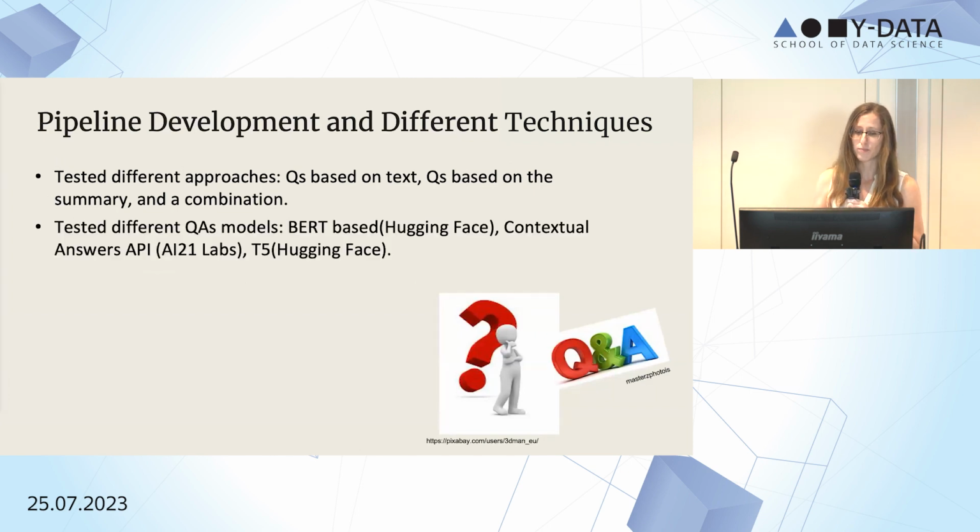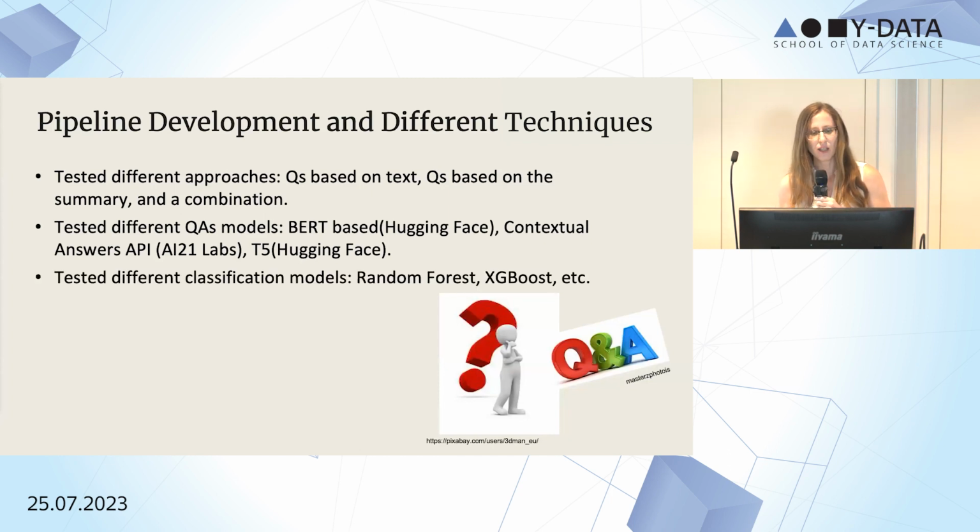We also tested different question answering models. Beside the BERT model I mentioned, we also tested a contextual answer API by AI21 Labs and a T5-based model that was trained for question answering. Finally, we compared between different classification models, with the top performing being Random Forest and XGBoost, and we finally chose Random Forest as it performed the best